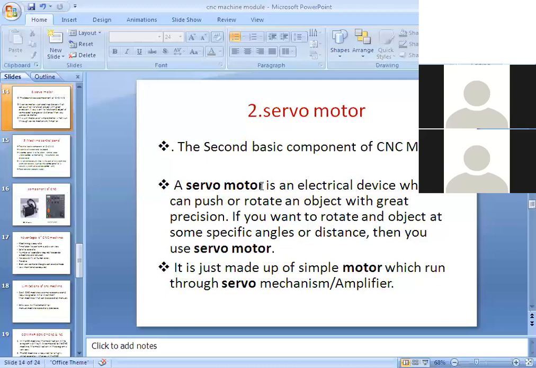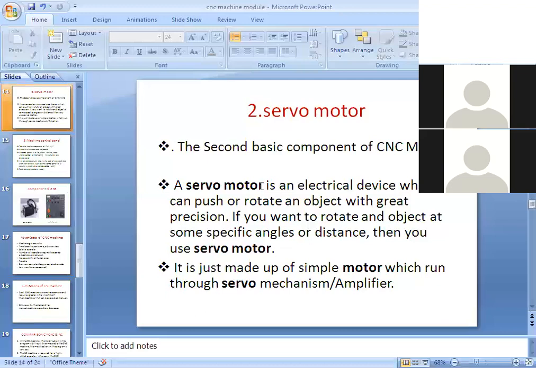A servo motor is an electrical device which can push or rotate the object with great precision, that is, very high accuracy. There is no variation of the dimensions, not even small mistakes.